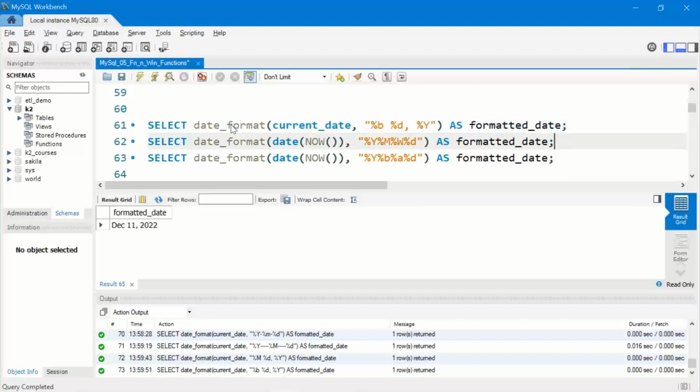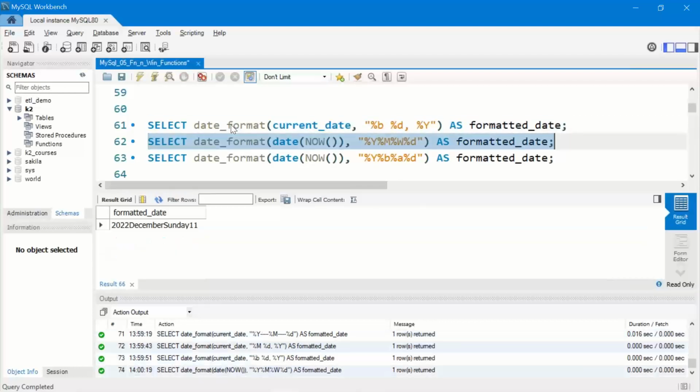Couple of more examples are there. I'll just quickly run it. So this gives me 2022 December Sunday. Everything is sticking to each other, not looking good. So probably we can make it slightly better. We can have this like this, and we can have this coming